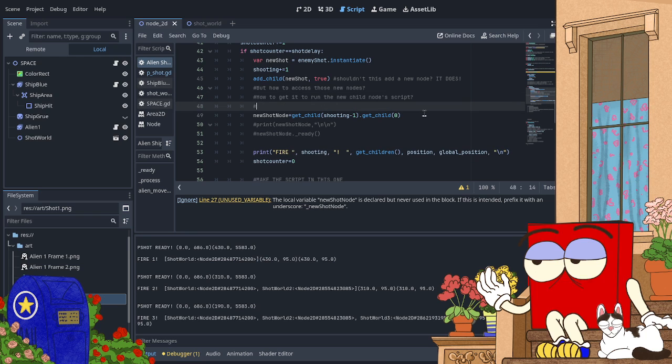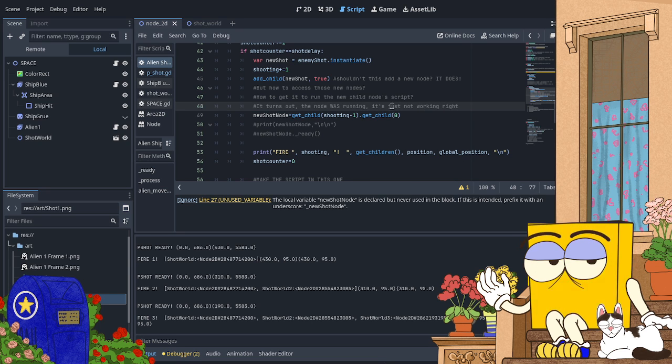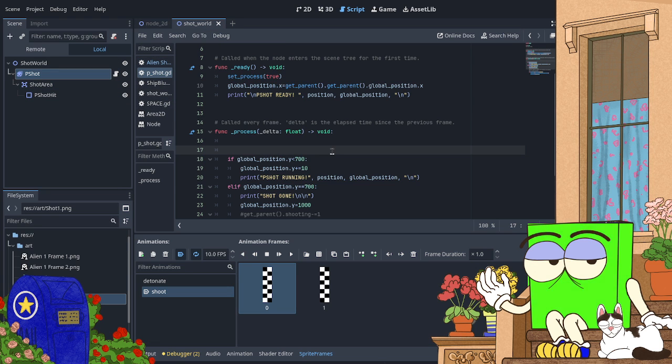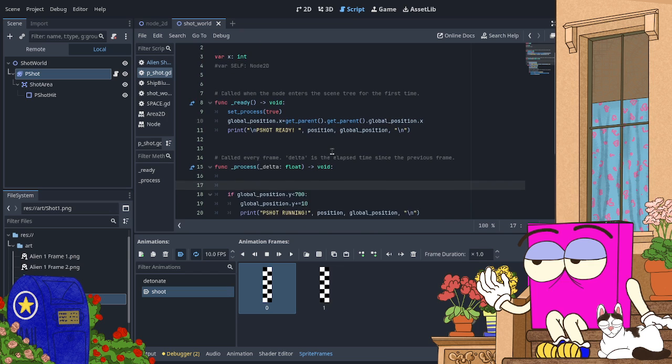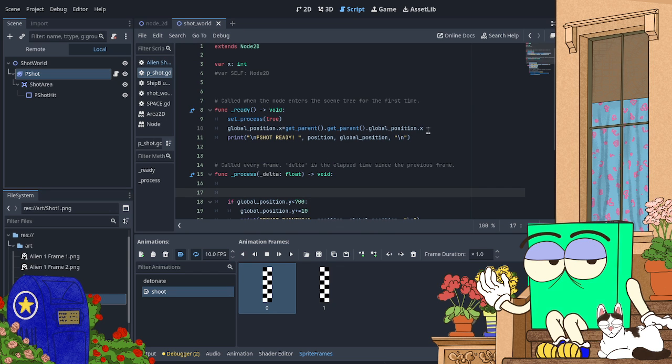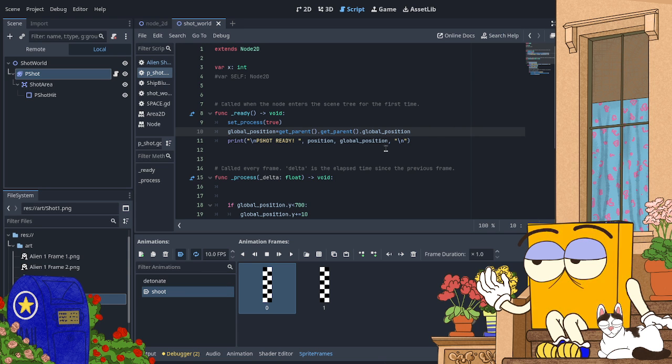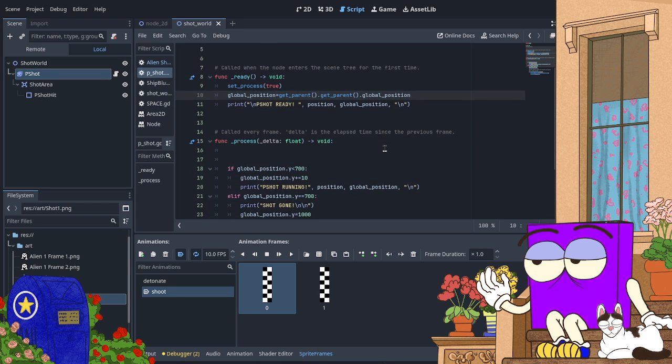But anyway, it turns out the node was running. It's just not working right. It's been running all along. So, let's go back over here. I'm pretty sure my positions are messed up. Oh, what is this? Why am I setting just X? Set the whole thing.